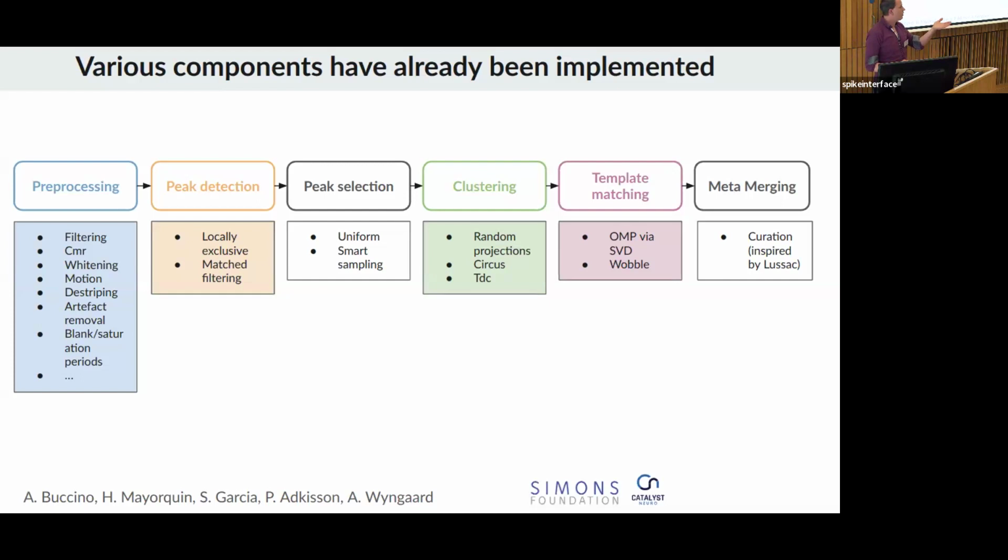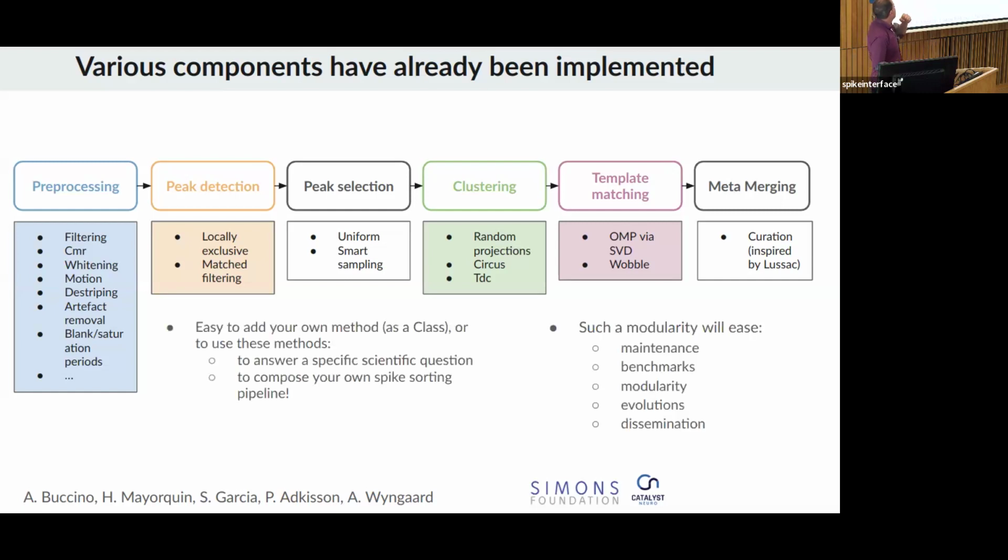And Charlie also just talked about one that might be interesting, but the question is, how can I know how good it is? Is it worth having this step as an isolated component, having a clustering aware of the drift, and template matching steps also, two will be tested, and meta merging options. So this is just the beginning of the work, but I will explain more in depth that with the sorting component in SpikeInterface, we really want to extend this pipeline such that it will be easy for developers to add methods as a class, and use this method to properly answer a scientific question,